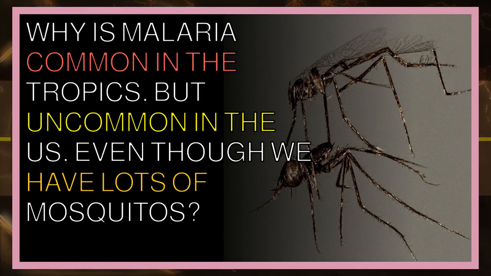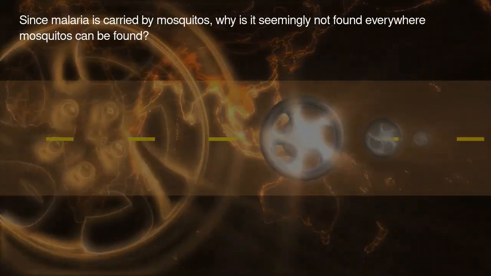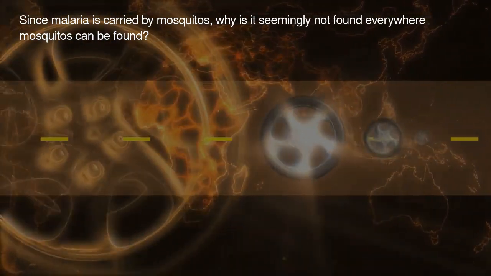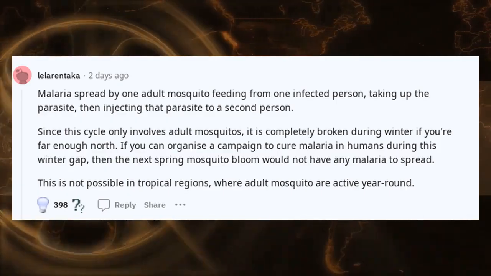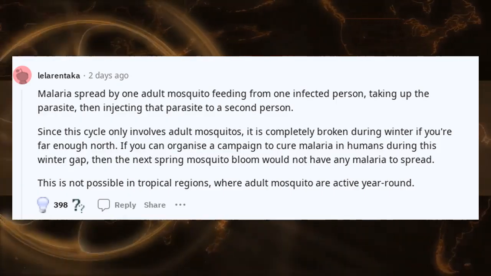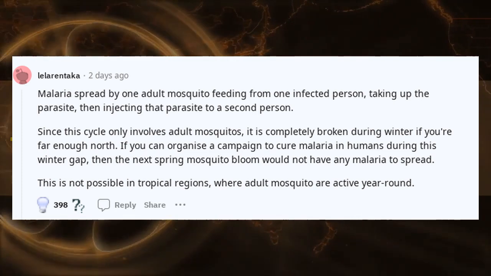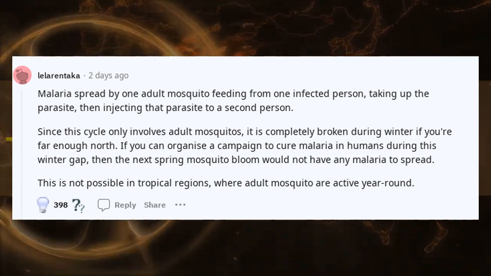Why is malaria common in the tropics, but uncommon in the US, even though we have lots of mosquitoes? Since malaria is carried by mosquitoes, why is it seemingly not found everywhere mosquitoes can be found? Malaria spreads by one adult mosquito feeding from one infected person, taking up the parasite, then injecting that parasite to